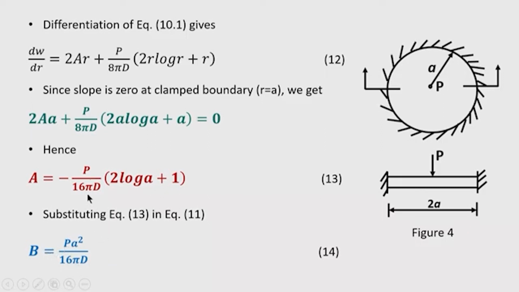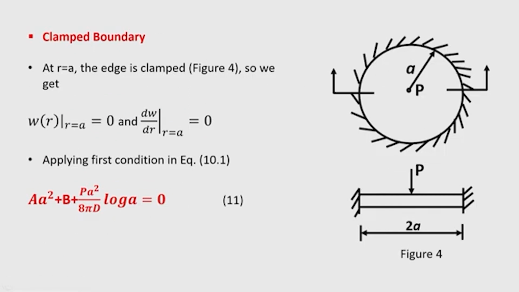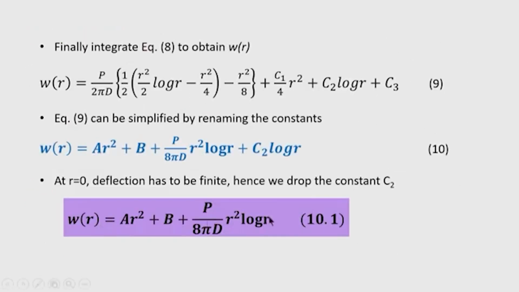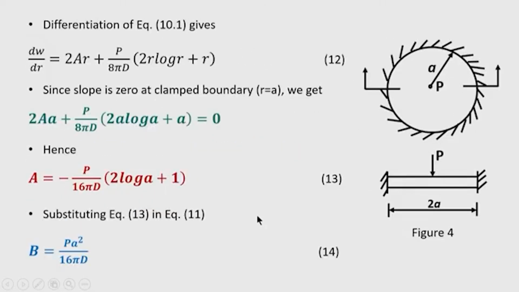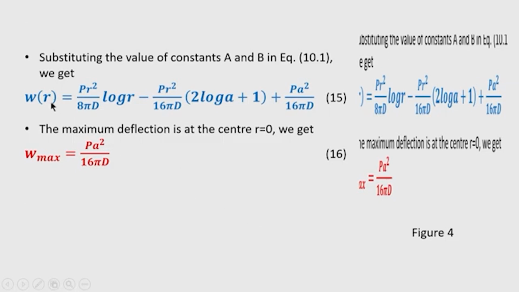So we get the desired constants of integration required to completely know the deflected surface. Now, substituting A and B in the deflected surface that we found from the solution of the differential equation, that is 10.1, we will find that the deflection equation now becomes W(r) equal to p r square by 8 pi d log r minus p r square